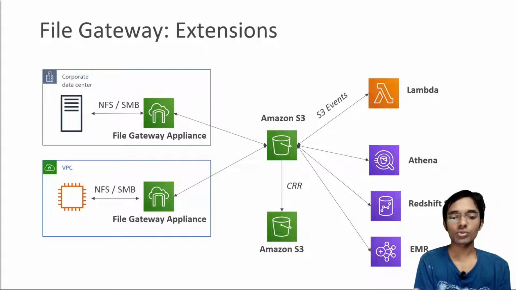Finally, we are able to use cross-region replication, for example, to back up the data into another region for disaster recovery purposes. So by using the file gateway, it seems very simple. We are exposing a network file system to our corporate data center, but because the data appears to be in S3, at the end, it opens up many different possibilities, and I hope you can see this from this diagram. Next,